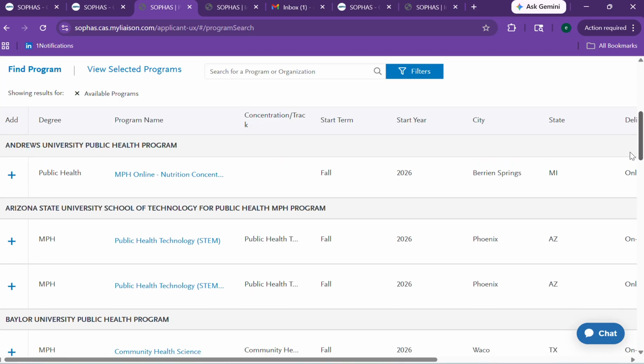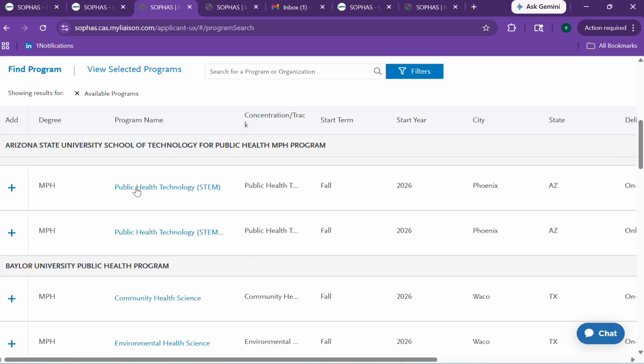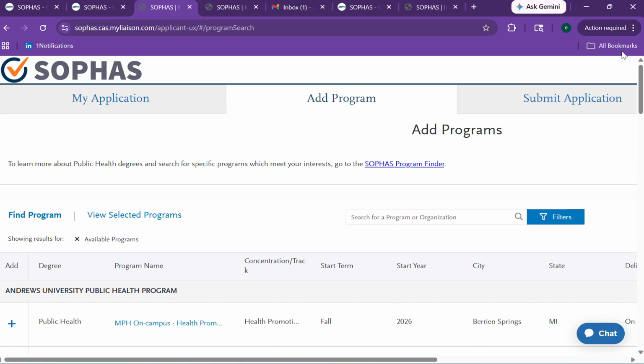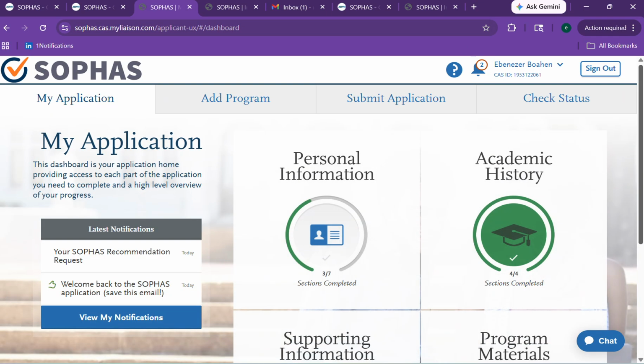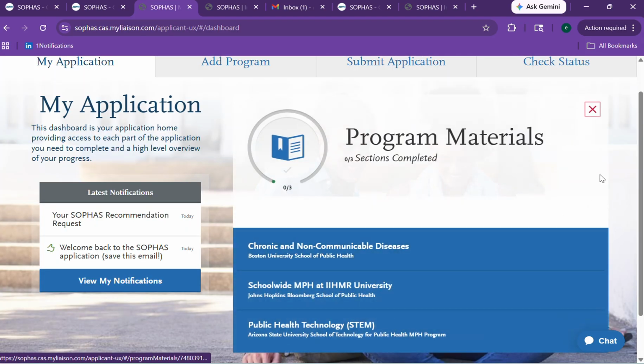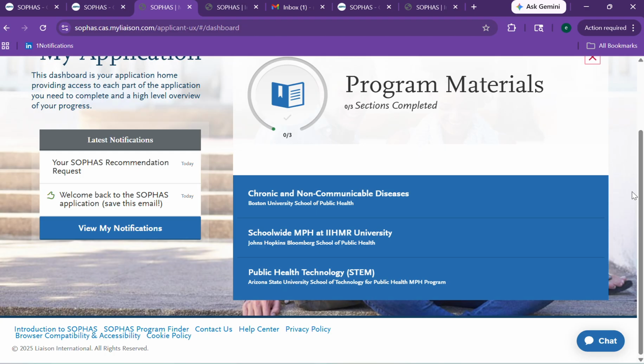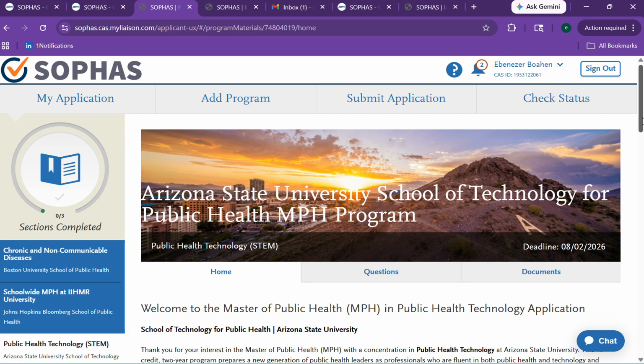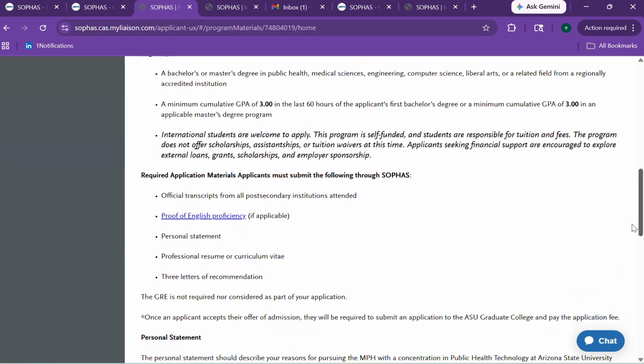You can add more programs. Any program you want, you can add it. You can add it up. So this is a program at Arizona University. Let me go back to the programs and see how many I've added so far. Okay, so far I have 3 universities that I've added: public health, technology, school-wide MPH, and then chronic and non-communicable disease. And for each of these programs, if you want to add the materials and answer the questions, you click